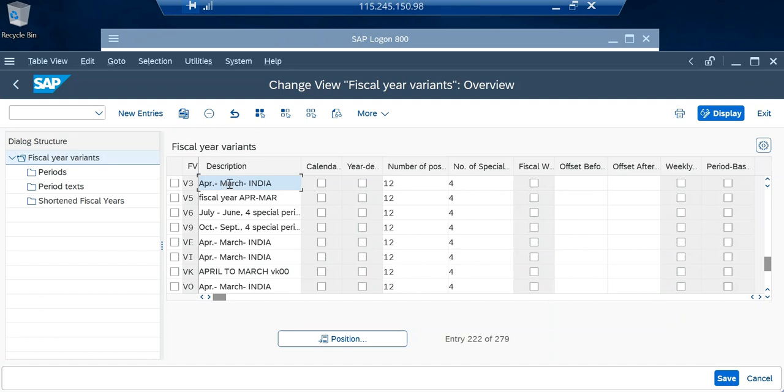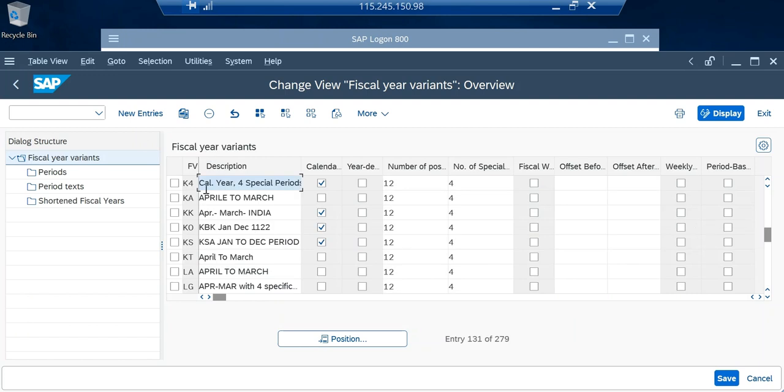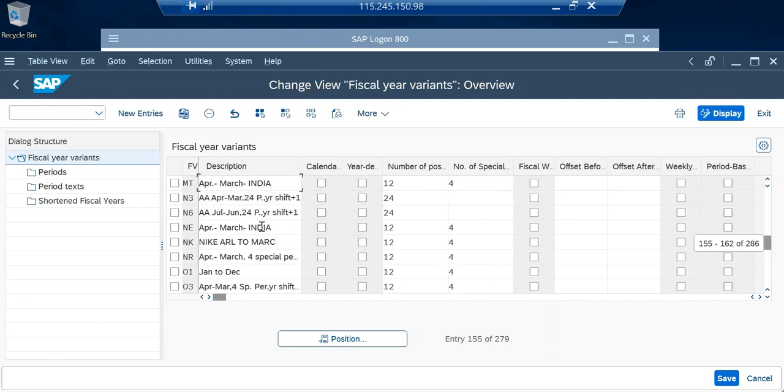So yeah, let's also search for K4, which falls under the calendar year. If you click on K4, here it's a calendar year which has four special periods. Number of periods is 12. The calendar year is clicked here. So yeah, these are all previously defined calendars, fiscal year variants. We can define our own fiscal year variant by clicking on new entries. Okay, let's